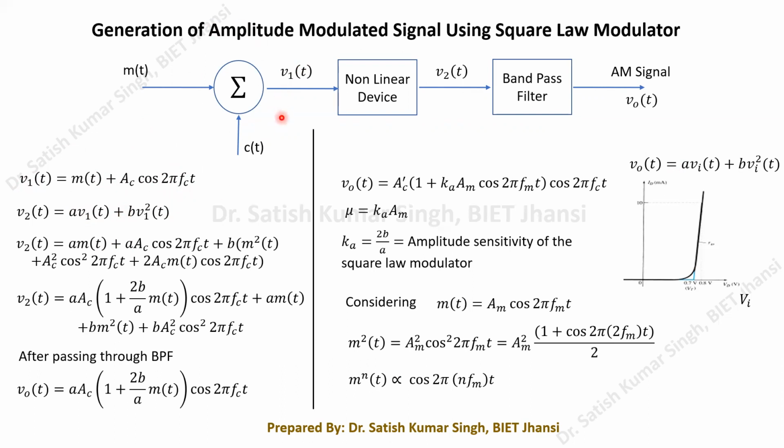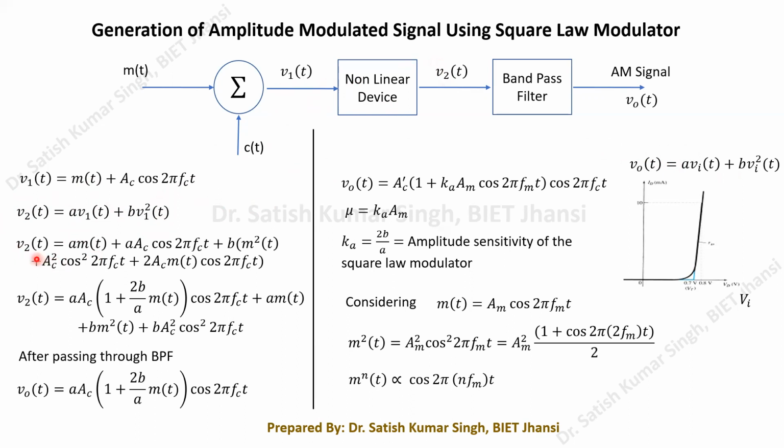Now this V1(t) is going to be applied to a non-linear device. Okay, and in this non-linear device, the input signal will be V1(t) and the output I am denoting as V2(t). So now this V2(t) is equal to a V1(t) plus b V1 square(t), because this non-linear device should have this particular characteristic. Okay. So now if you substitute this V1(t) into this expression, we can further expand this